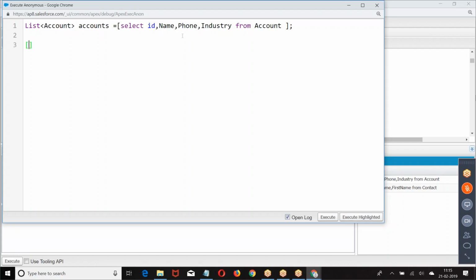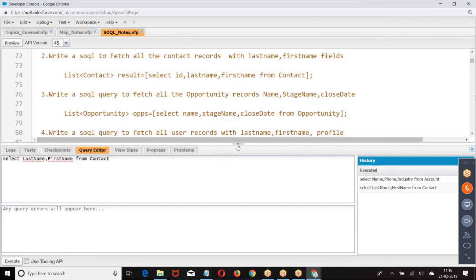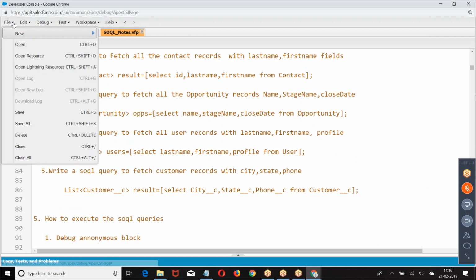So how do you write it? If you want to write a static query, within the array bracket we have to write a query. Look at this example, everyone. We are trying to write the first query.